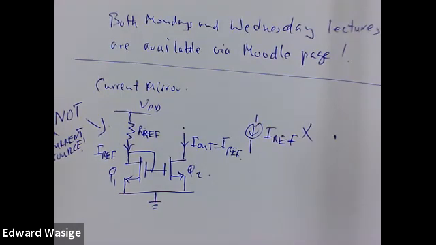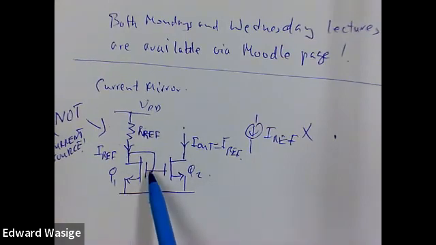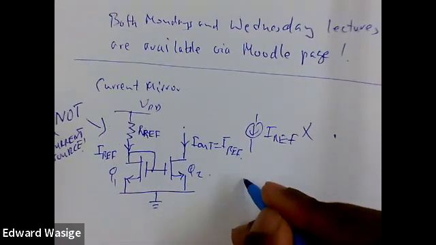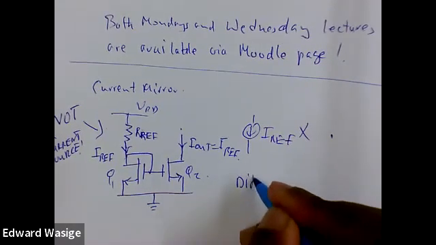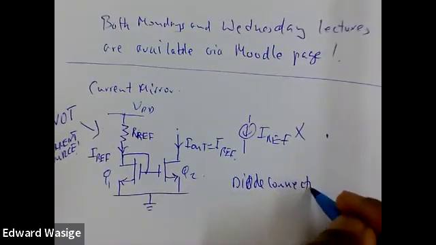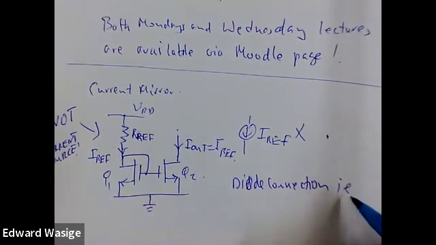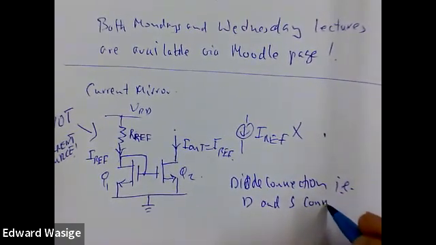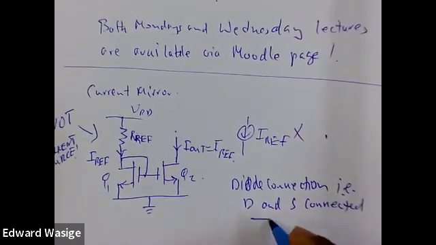I don't think it will act as a current mirror, as one of you has noted. The gate to drain connection, the diode connection, i.e. D and S connected,